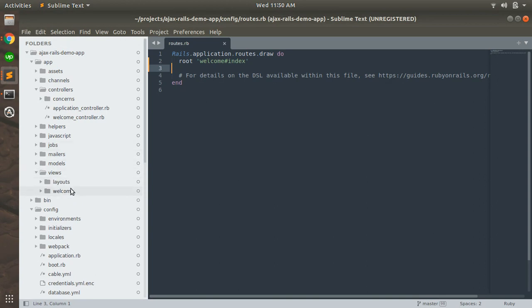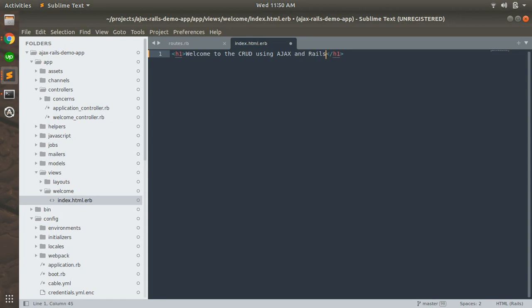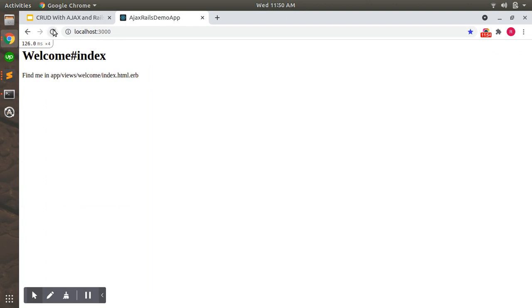Go to the views folder, open the welcome folder, then index.html, and you can create your own component here, that is using h1, and inside that you can write like welcome to the... and you can check it here.